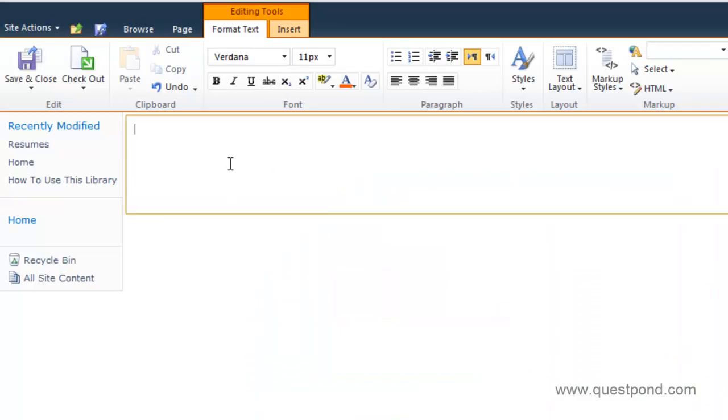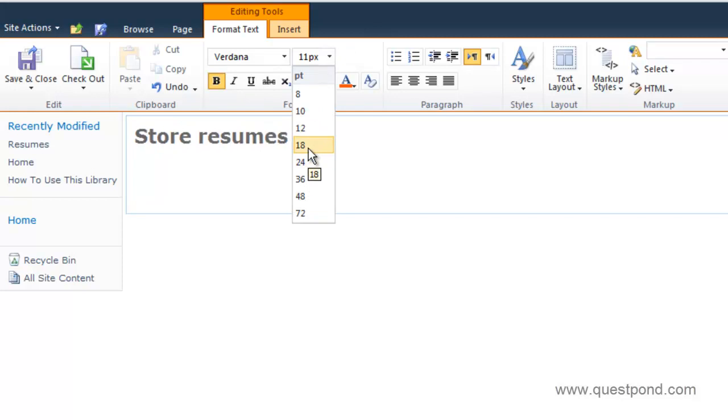So there's our page created. Let's put something over here for now. For now we'll not put any functionality, we'll just first create the pages. So I'm going to just say here resumes page, or I'll say store resumes. I'm going to just make it a bit bold and save and close. In the same way, let me now create the other page, that is for the employee database, where the HR can store the employee database. So I've just said save and close.